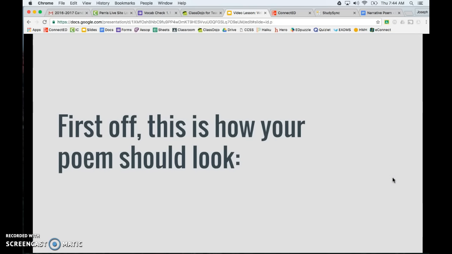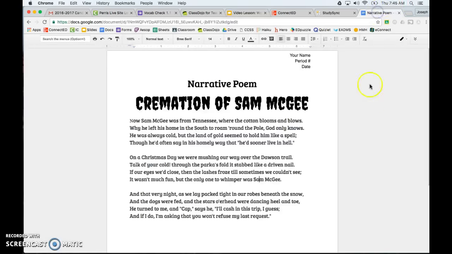Now, before we get to that, this is how your poem should look when you turn it in tomorrow on Friday. Like this. Notice that up here, I want your name, period, number, and date. This is so when I print them off and post them, I know who they belong to. How you get up here is you put your mouse up here and double click, and now you're in what is called the header. It should automatically be on the right side of the screen. So your name, period, number, then date. Feel free to pause the video at any time right now, go over and take care of these things as we go.